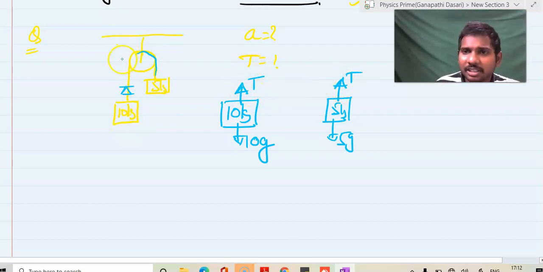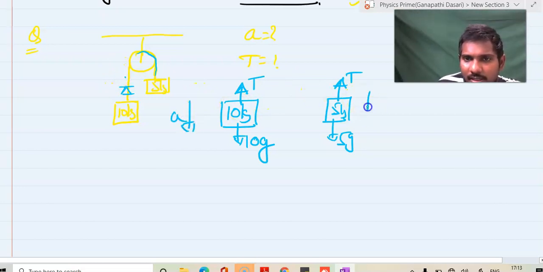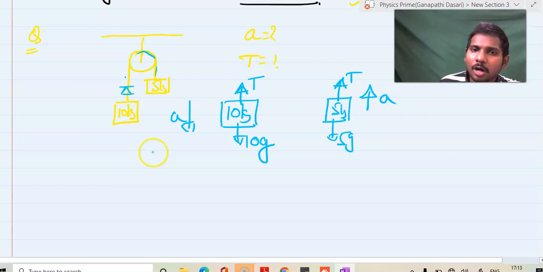In rotational motion, which we are going to study in future, the pulley will rotate and it will also have mass, and it will also have friction. So if it has friction and also has mass, the tension here will be T1 and the tension there will be T2. We will have two different tensions there. Now, solving this, for 10g I'm assuming it will go downwards, and 5g will go upwards.